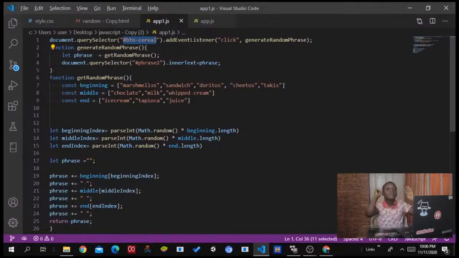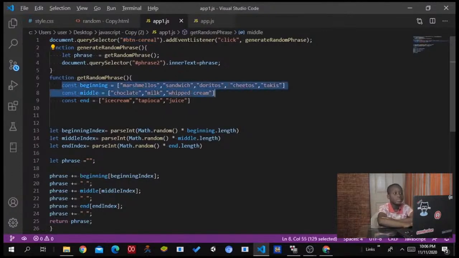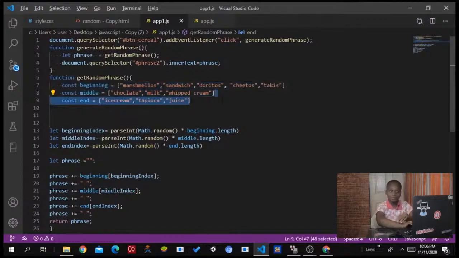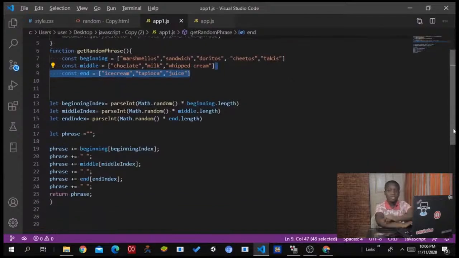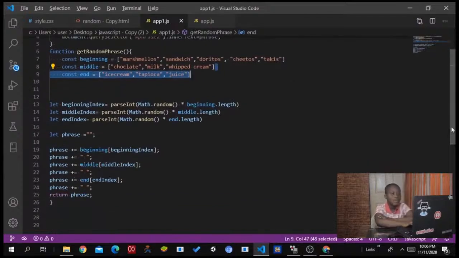Like creating really bad food combos. So what is it going to do? It's going to mix maybe marshmallow, chocolate, and ice cream. I'm going to make a juice. I'm going to make a tapioca. Anything you want out of the input that you give it. And if I don't give it an input, what is it going to generate? I don't know. Nothing. So to make this thing work, you have to use math and random, as I said